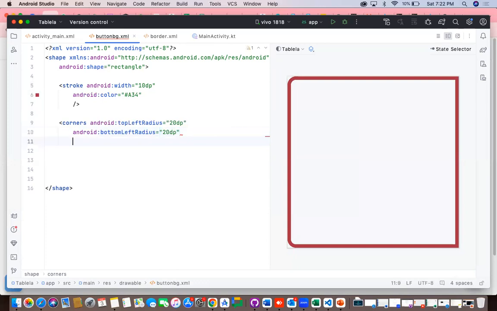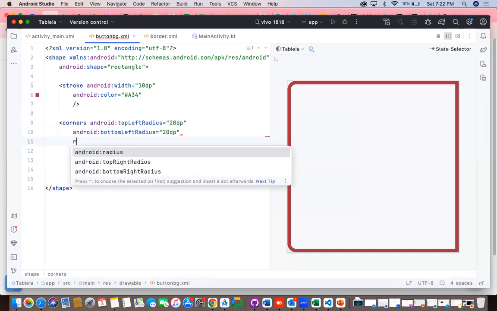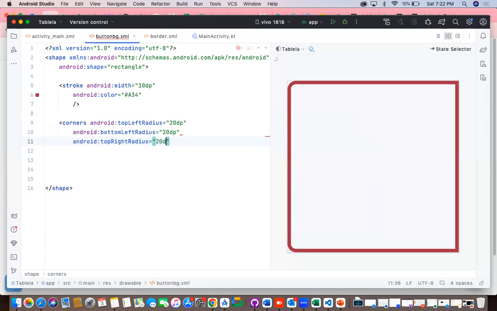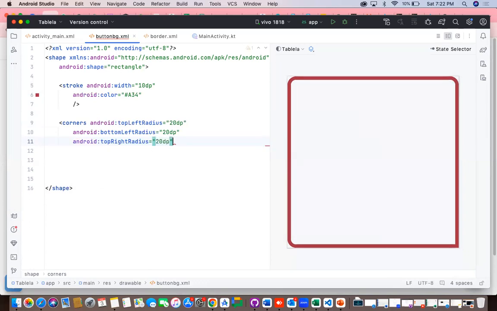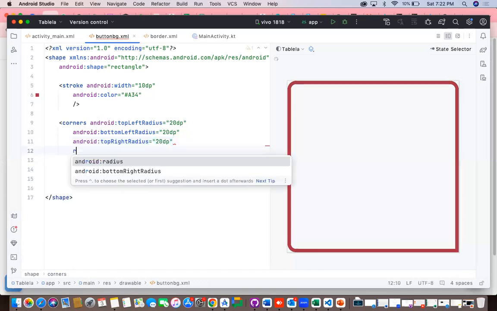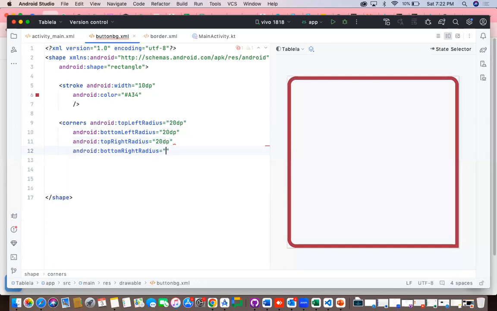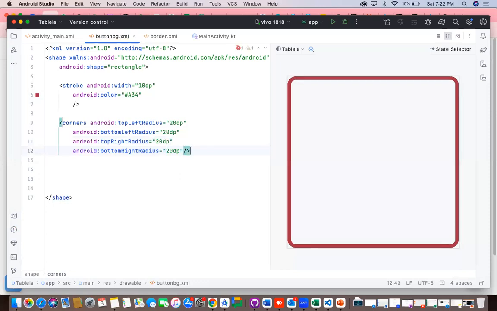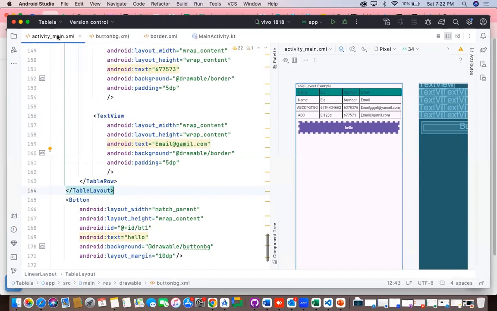Then right, 20 dp. So right top of system, right bottom, 20 dp. Right, so it is created like so. Now here we can see the curves are created, the button has been created like this. Right, so let us say